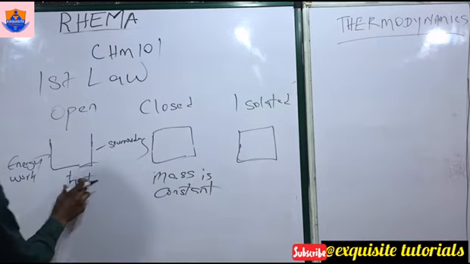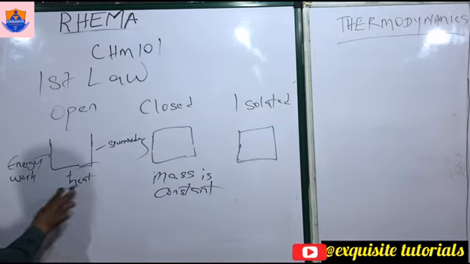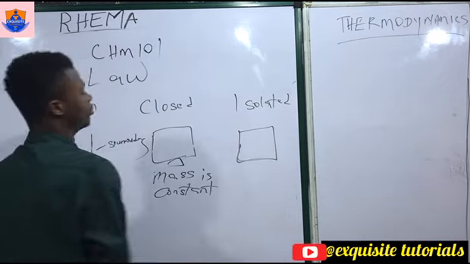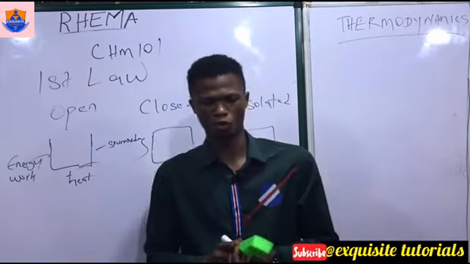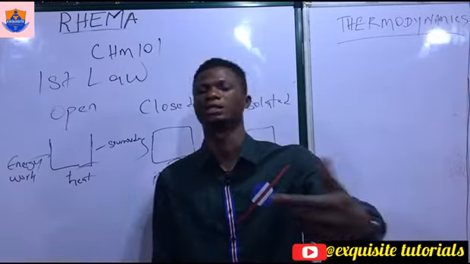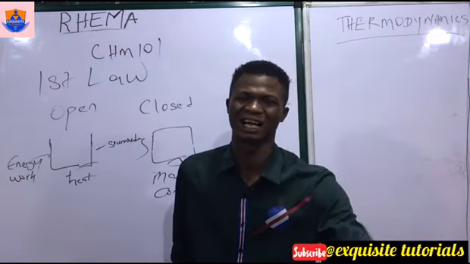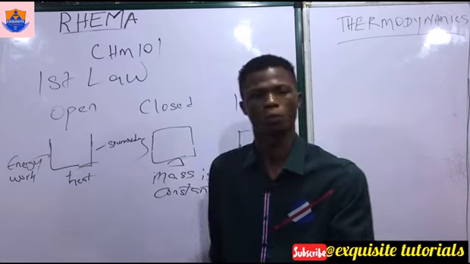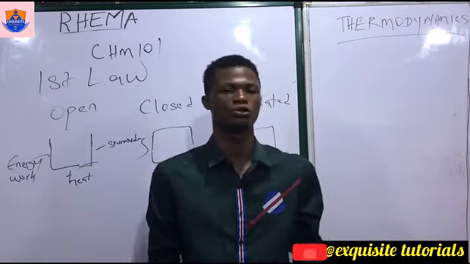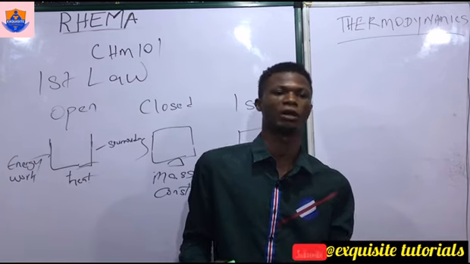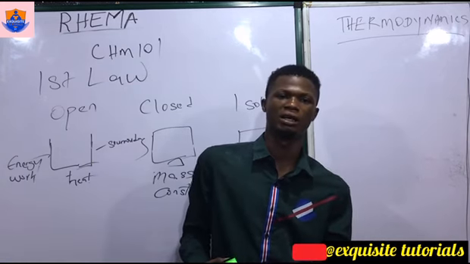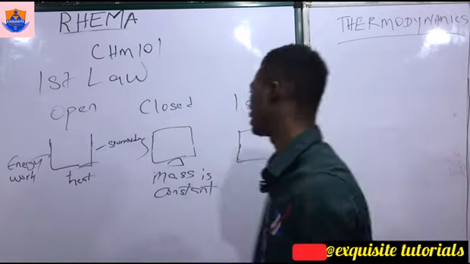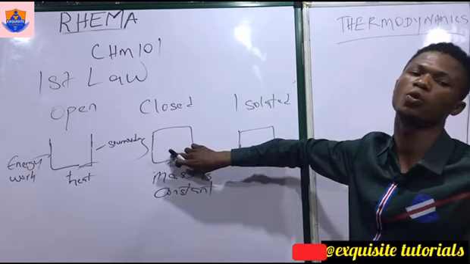But here, both mass and heat can be changed because the system is open. Mass is constant, but heat, the fact that you have closed the system does not mean that heat cannot be transferred, because heat can actually be transferred through a substance while closed. So the fact that you have closed your pot does not mean that heat can no longer go in. So long as your gas is there and the pot is on top of the fire, definitely the water will boil. So that means that heat can be transferred into a closed system.